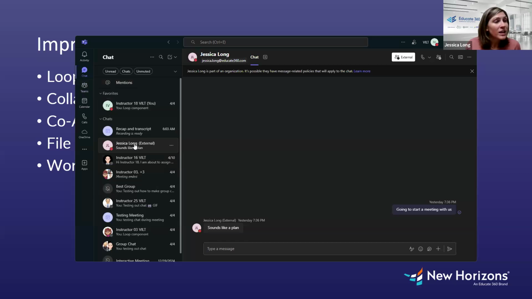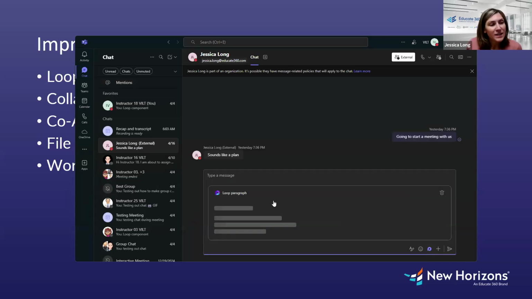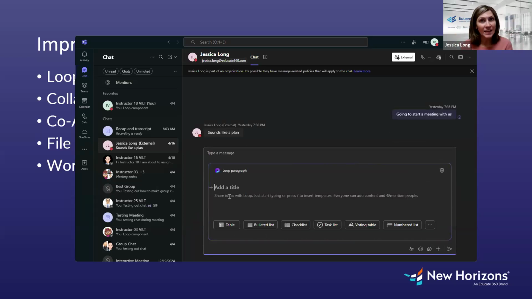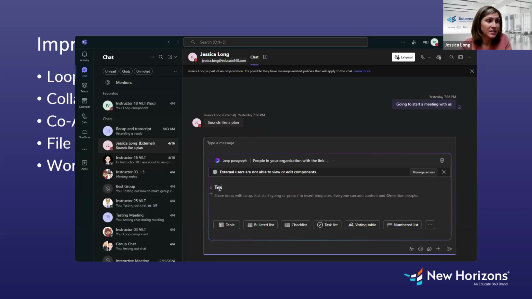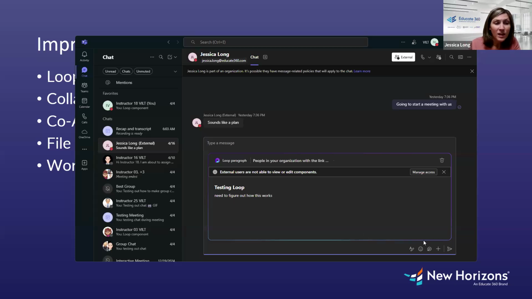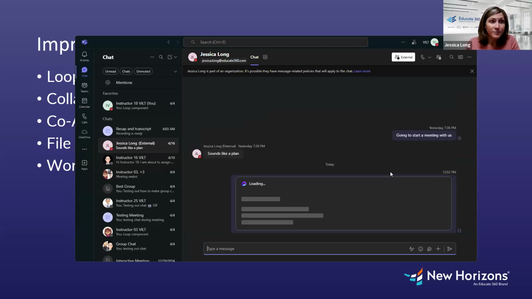When I'm inside of a chat, there's this Loop icon, which looks like half of a P. When I hit that, it offers a very integrated collaborative experience where I can add a title, let's say testing out Loop. I can share ideas and brainstorm, need to figure out how this works,